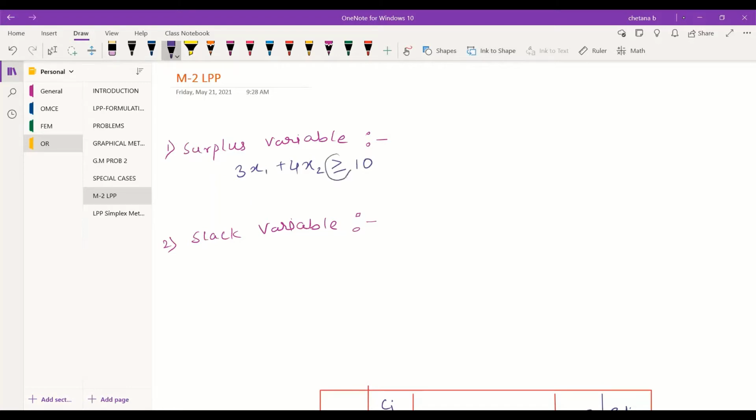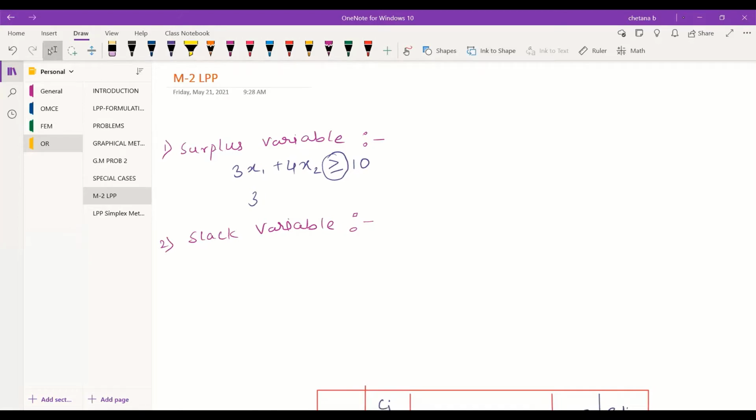Okay, if this is the case, and you want to convert these inequalities to equalities, what you need to do here is subtract one variable, because to balance the right hand side.